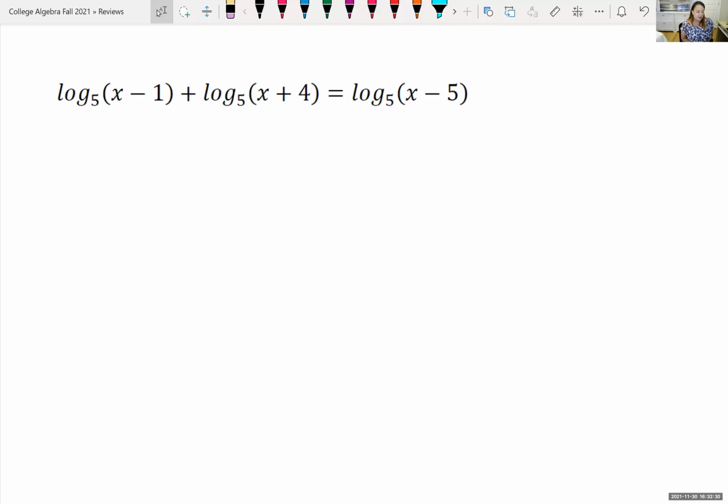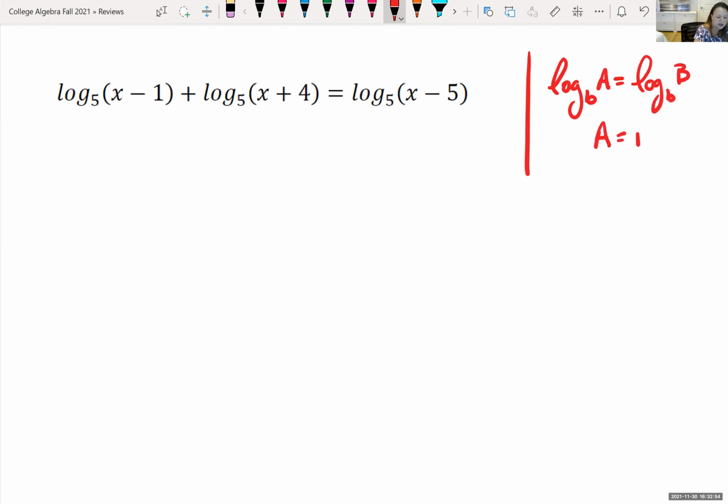Okay, so our next logarithmic equation, we have 3 logs hidden here. There's a couple ways I can approach this. We can get all the logs to one side of the equation and rewrite that as a single log, or we can use the fact that if we have the same base and we have something in the form of log base b of a equals log base b of capital B, then we can say that a is equal to B. And so if we just rewrite the one side as a single log,